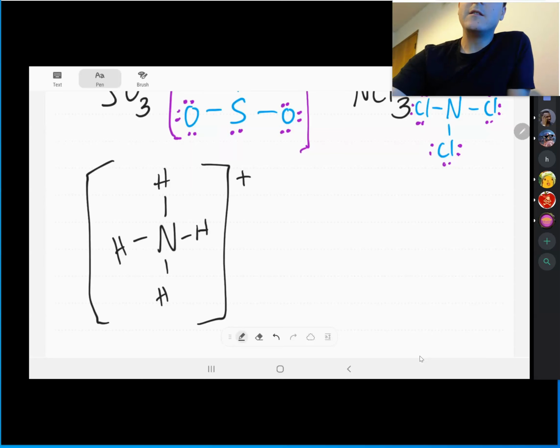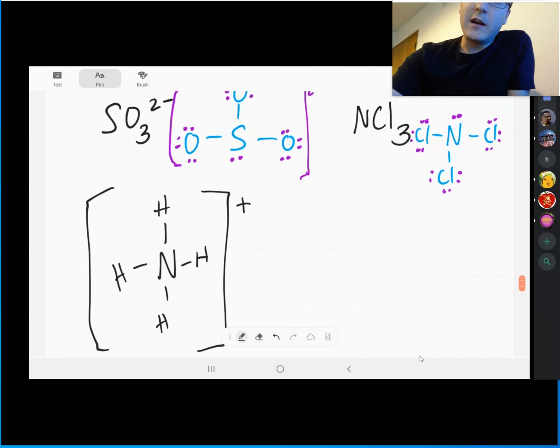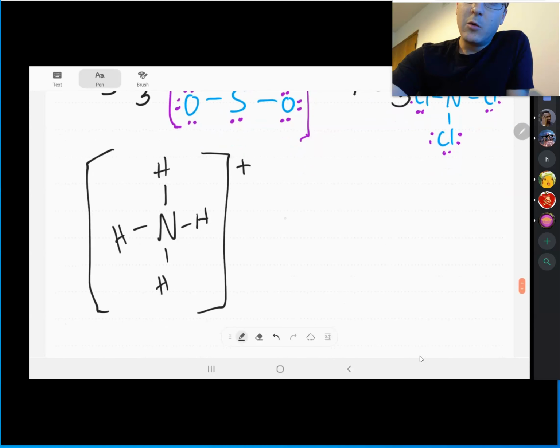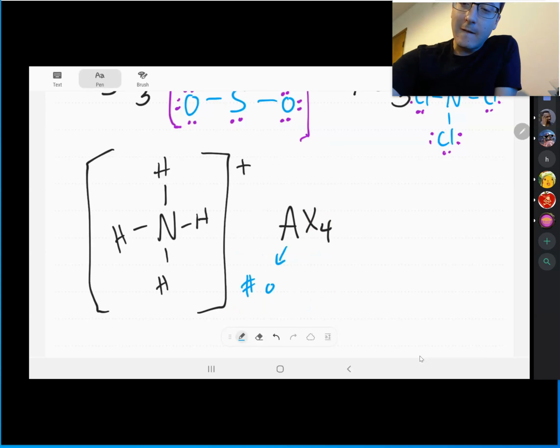If we look at this, we're going to describe this as a molecule that follows the AX4 type, where A is the number